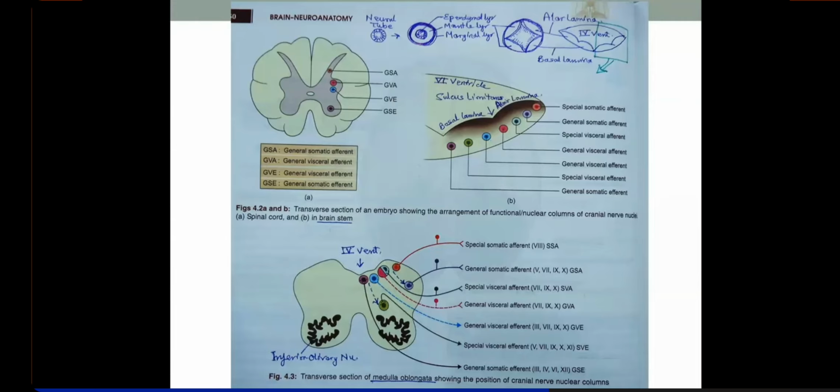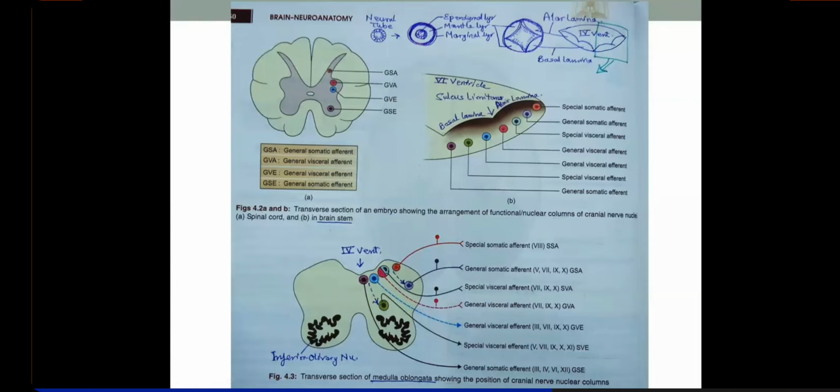But the parasympathetic cranial outflow, that is, all the neurons emerging from this nucleus, will be preganglionic parasympathetic neurons. Make it very clear. Okay, this is homologous to the lateral horn of S2, S3, S4.